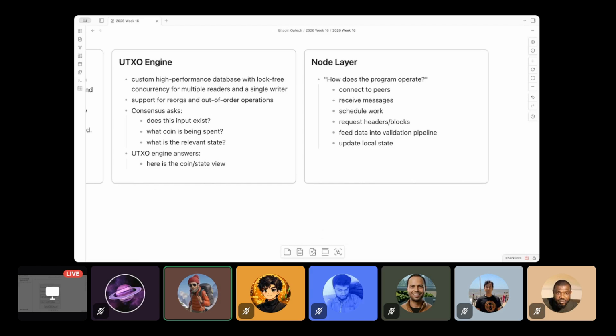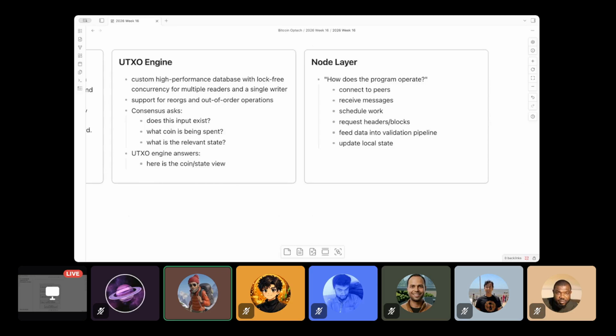Then you have finally the node layer. So the node layer sits on top. It is nothing but an orchestration of all the layers that are beneath it. So it typically does what a node does. It connects to peers, receives messages, schedules work, etc. It also updates the local state.